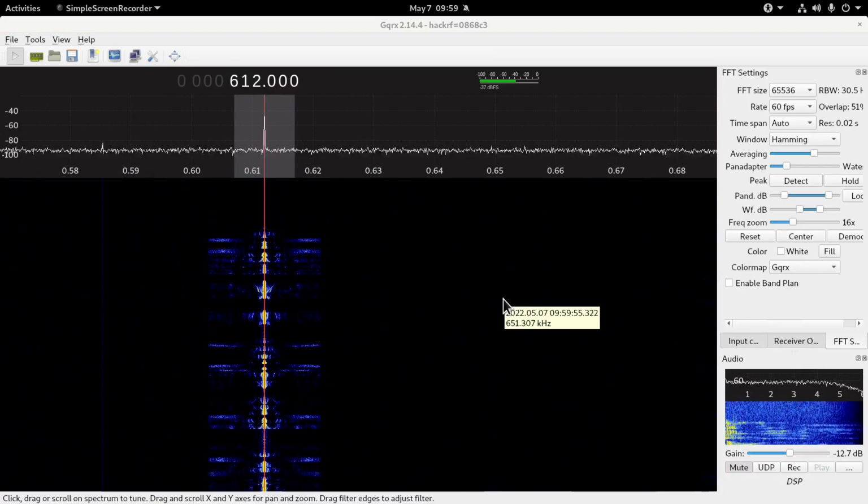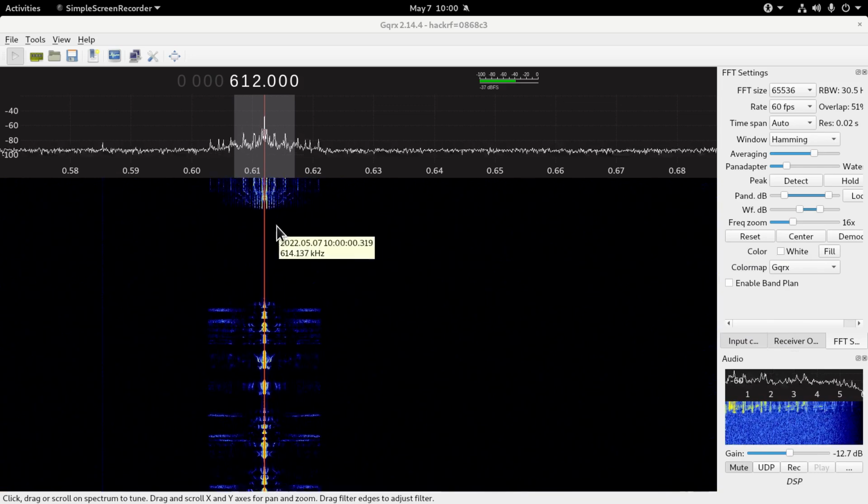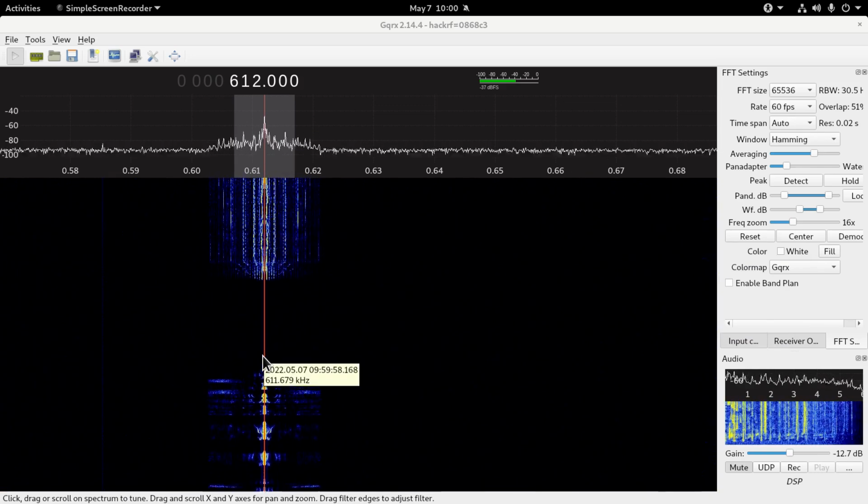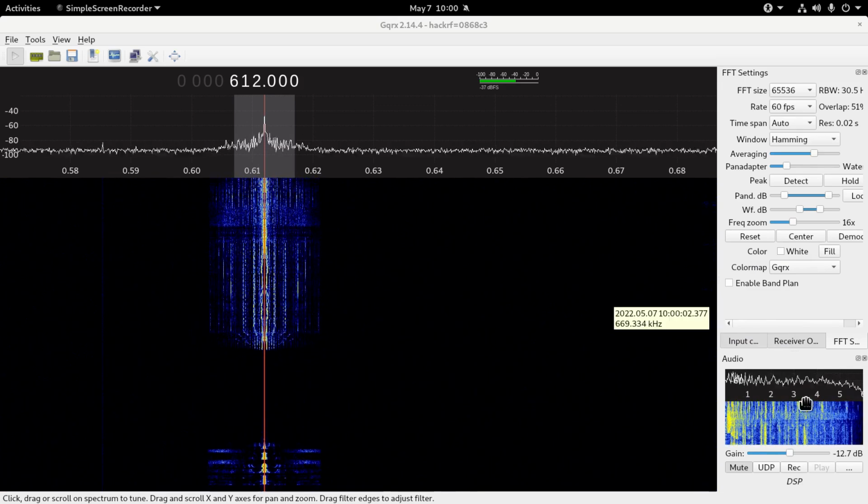Okay, I've just tuned into a commercial AM station here, and you can see we've got the carrier all the time. That's the big thick red one here. And as they talk, if I unmute them,